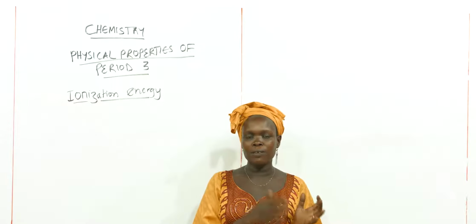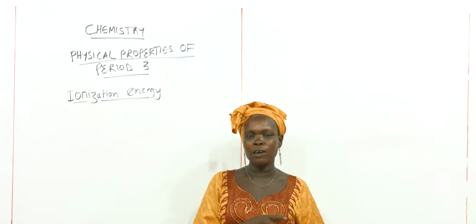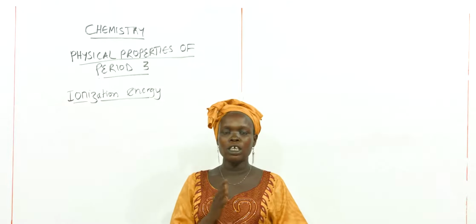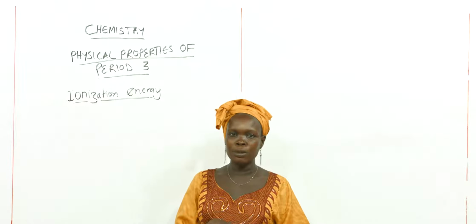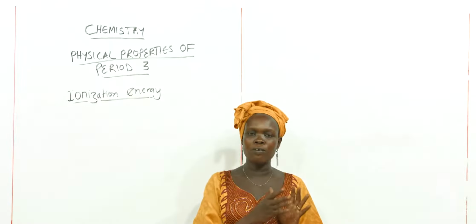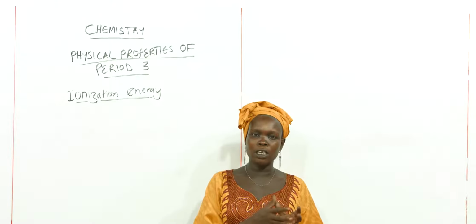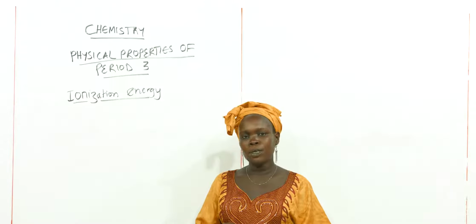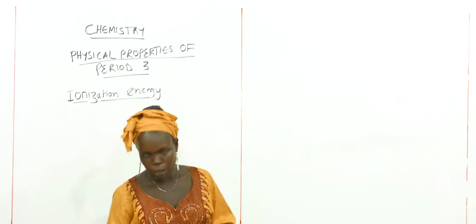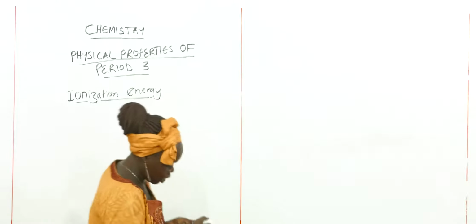At the left side of the periodic table, the ionization energy is low compared to the right hand side of the periodic table. It means sodium has the lowest ionization energy compared to the rest of the elements in period 3. So we need to put this down, and we say that ionization energy